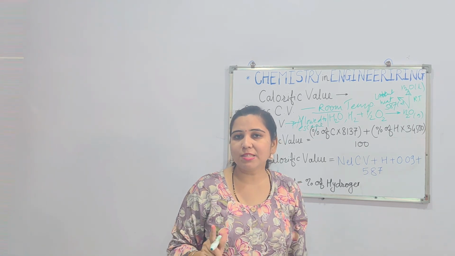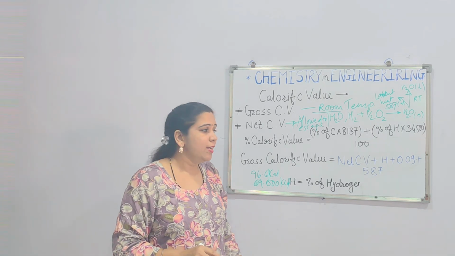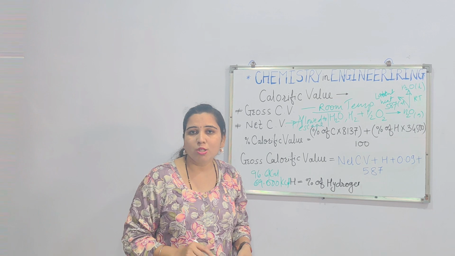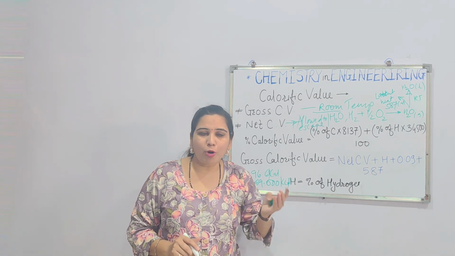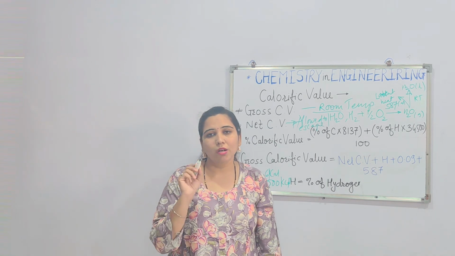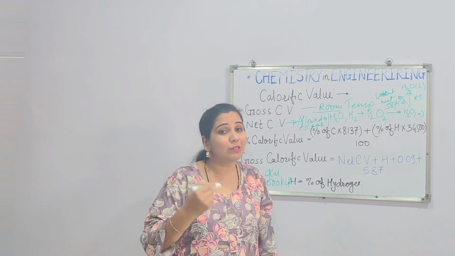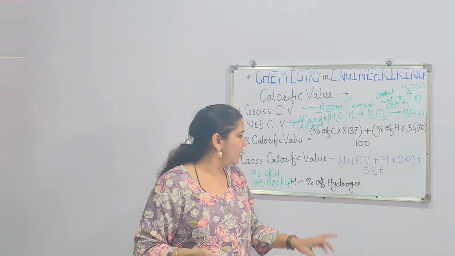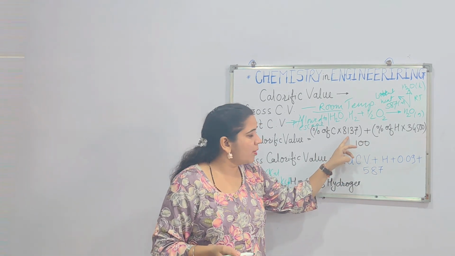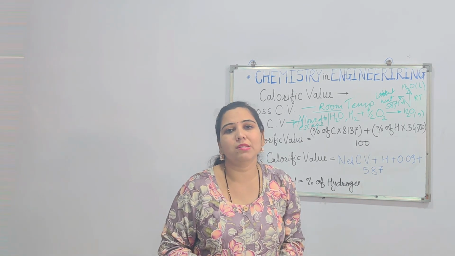As carbon has a molecular weight of 12, for 12 gram of carbon such an amount of energy will be produced. So what about for 1 gram? If we calculate 96.7 upon 12, where 12 grams is 1 mole of carbon, we get 8137. So such an amount of calories of heat is produced when 1 gram of carbon is burned.